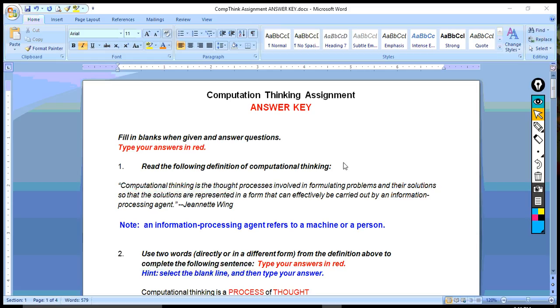Alright, this is a video solution for the computational thinking assignment, and this is important, especially if you miss this class, because this is kind of like a lecture at the same time. So you hear a little bit of explanation of computational thinking, and these things will be addressed in the Chapter 0 test that is coming up. So as we look at this,